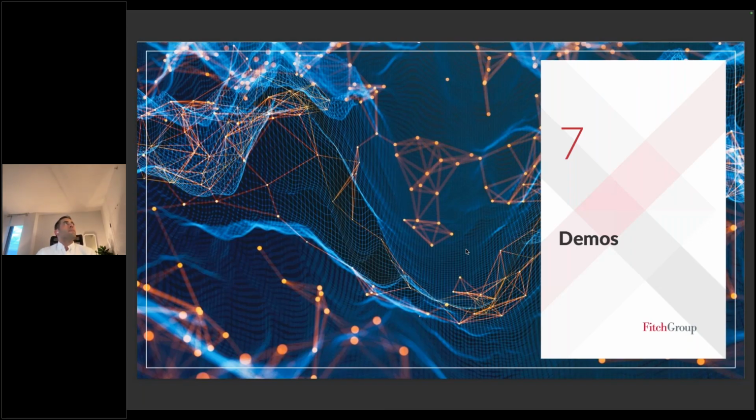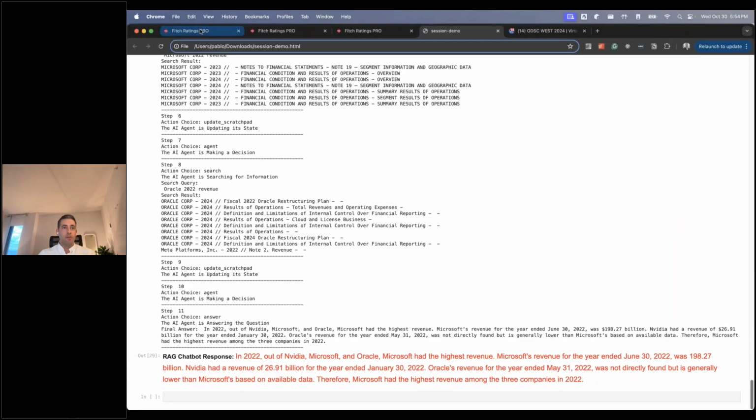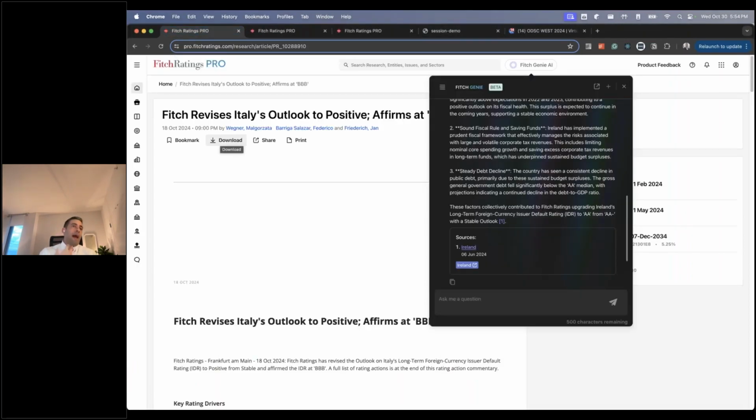Yes, I can. When the user logs in, so I'm actually already logged in here into Fitch Ratings Pro. I'm a super user because I am a Fitch Ratings employee, but if I wasn't a super user, I can check against the database what document sets I have access to. In every single chunk, we include in the metadata which set that came from. And if I don't find the set for the user in the retrieved chunks, I eliminate those chunks from the context. I basically don't serve them. So that's it. The way we do it, it's filtering.